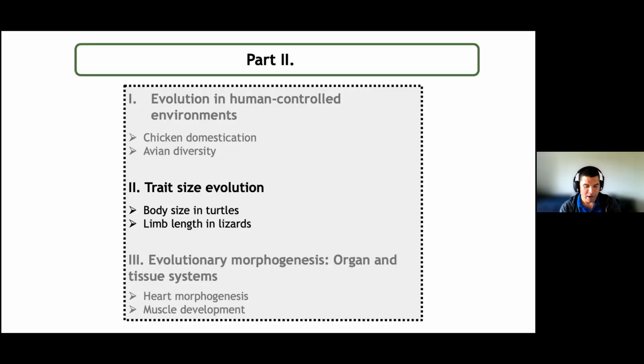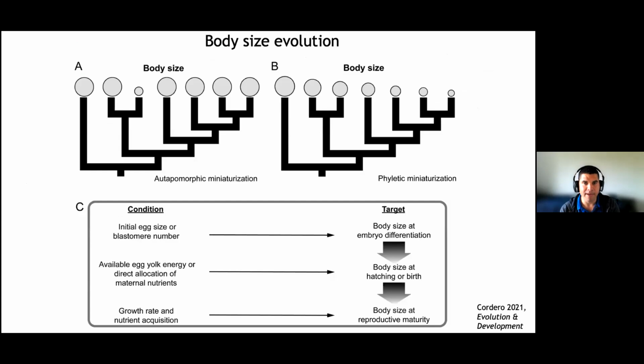Now I'm going to move on to body size evolution and limb length in lizards. We performed a series of comparative phylogenetic studies. And the idea was to try to link patterns that we saw in evolution, such as in body size, to life history and development. And so in this study, we were interested in the evolution of body size, and there are two